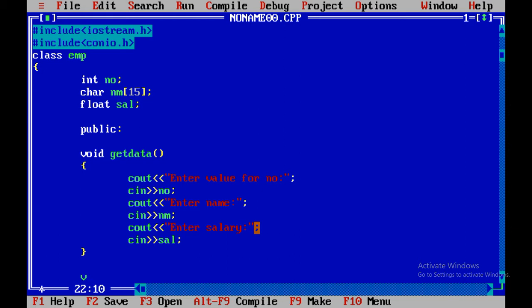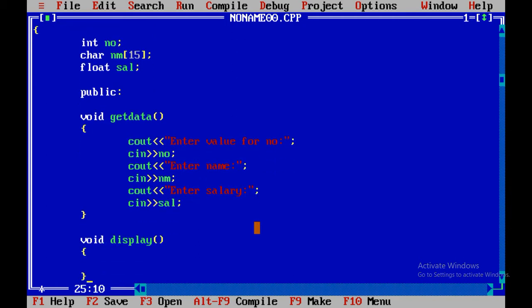Now we are going to create the method display to display whatever values we have entered through the keyboard.